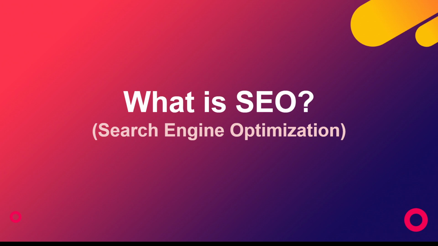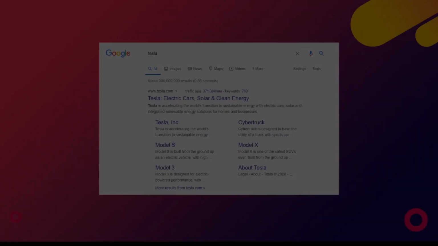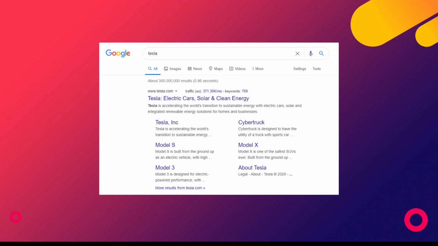When building your pages, you have to consciously optimize your pages to be better for search engine optimization. So here is an example. Some of the things that we'll be doing in this video are the meta title and the meta description. These are the title and the description that show when you search something, for example, in Google. In this case, when somebody searches for Tesla, it shows a headline, Tesla electric car, solar and clean energy. This is their meta title, and this is what we'll be adding for all our pages when they show on Google, to have a really good